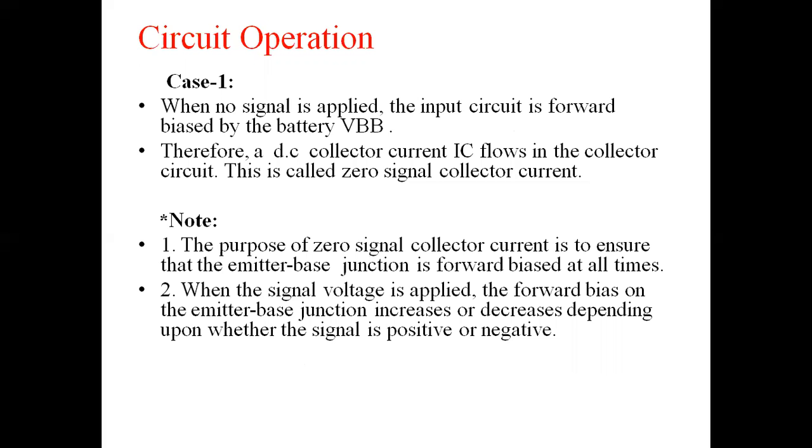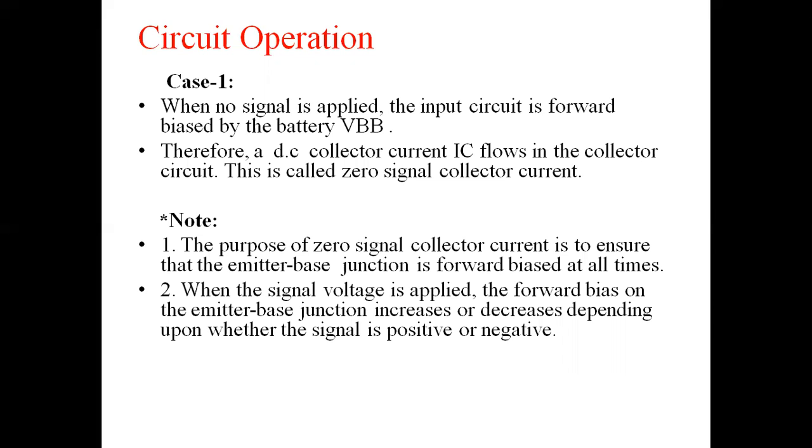First case is which we have seen in the first diagram itself, when no signal is applied. When no signal is applied, the input circuit is forward biased by the battery VDD. Therefore, a DC collector current IC flows in the collector circuit. This is called zero signal collector current. The purpose of zero signal collector current is to ensure that the emitter base junction is forward biased at all